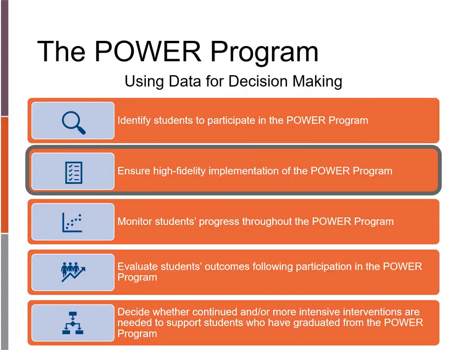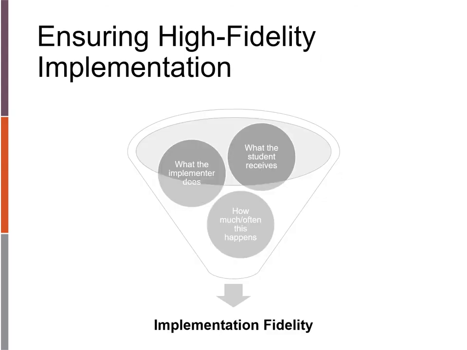The next use of data for decision-making is ensuring high-fidelity implementation of the POWER program. The POWER program incorporates various empirically supported techniques that are strategically grouped and sequenced to promote student outcomes. When these techniques are not implemented as intended, the POWER program may be less effective or not effective at all. The fidelity of POWER program implementation generally relates to three different factors: what the implementer does, or the